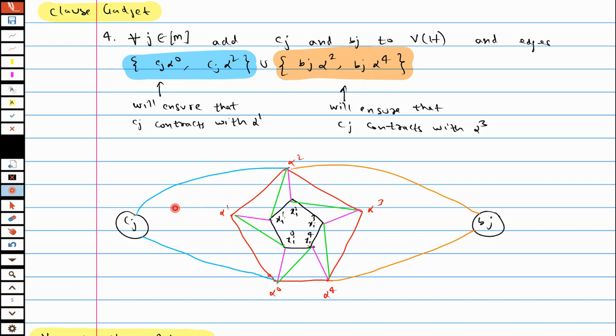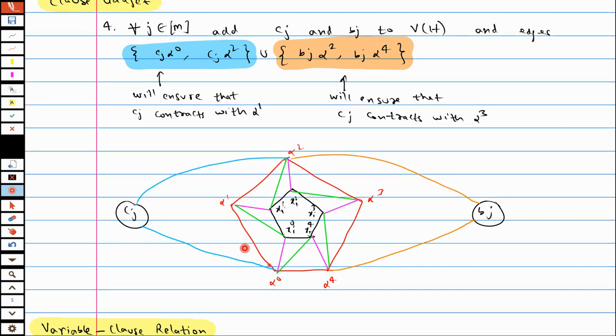Yeah, so we are adding edges in such a way so that Cj lands in the same witness set as alpha 1, because Cj can't be in alpha 2, since then we'd have an edge between alpha 0 and alpha 2. Similarly for Bj. So we are ensuring that Cj lands in the same witness set as alpha 1 and Bj in alpha 3. Right? So now we have added all the gadgets independently for variables and clauses, but now we have to add